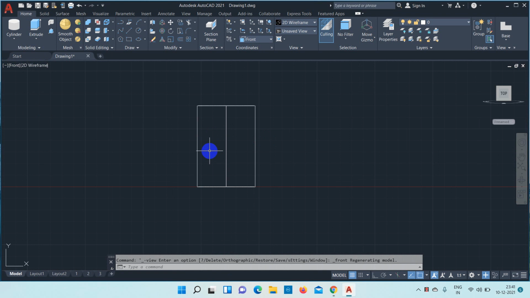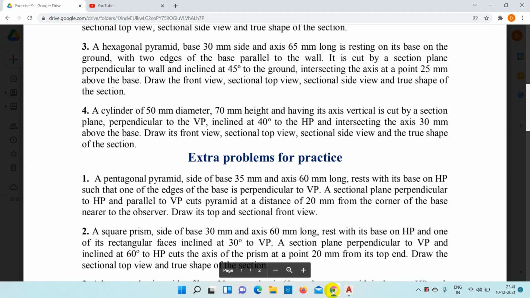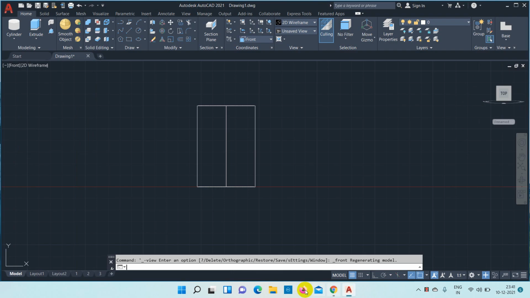Okay, now we'll try to construct the section plane. So they have mentioned 40 degree inclination to HP, 30 mm above the base. Okay, so I'll just draw a line along the axis line from base for a length of 30 mm.